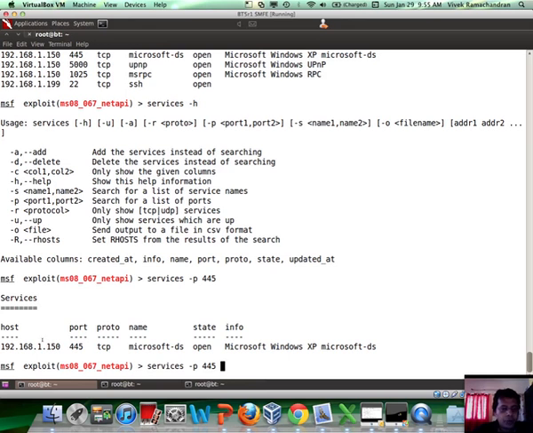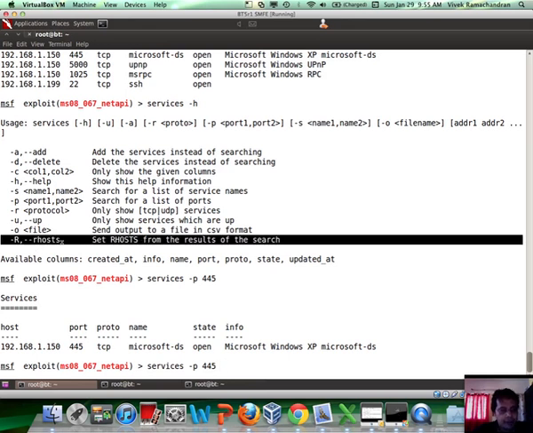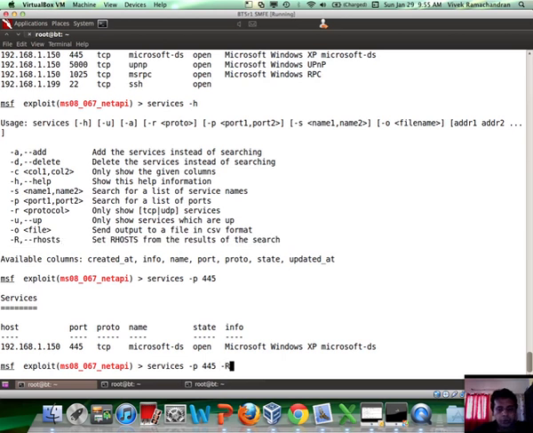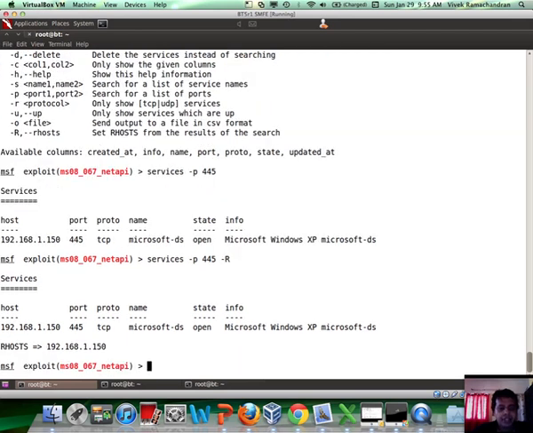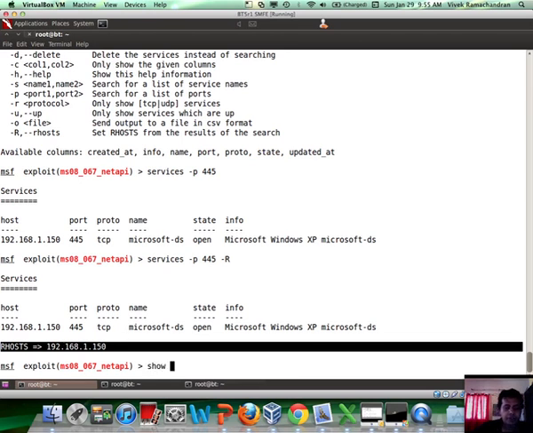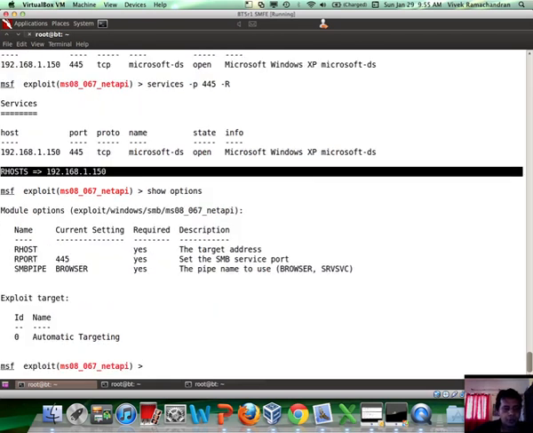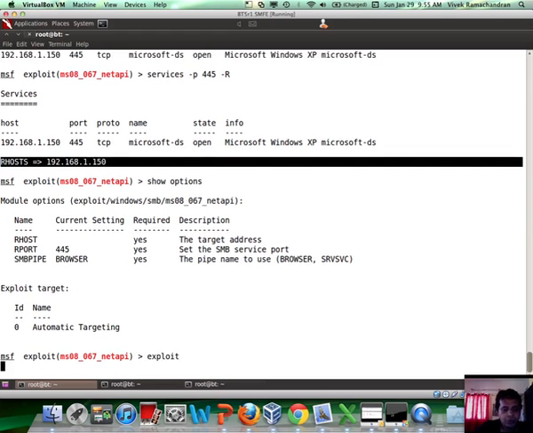To do that, I go ahead and add an extra option, which is -r. Now, the moment you do that, the output IP addresses are automatically fed inside our hosts, which is what you can see right now. If I do a show options for this module, you would notice that our hosts has been set. If we hit exploit,